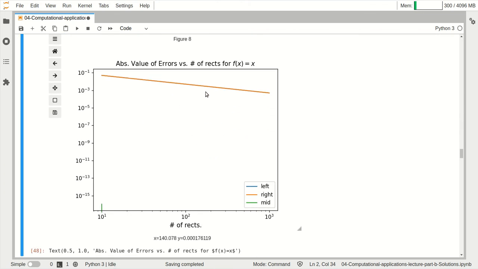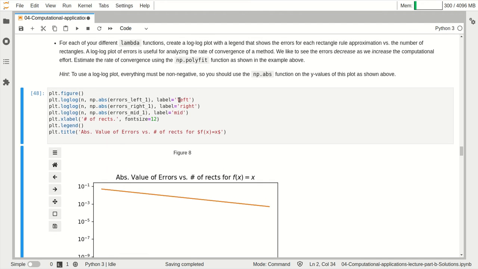Now, here's an interesting thing with f of x equals x. The left and the right-hand rule, you can't really tell the difference of. Part of this is because we're plotting all the same lines, and they have the same level of accuracy for f of x equals x. In fact, they just are producing the same magnitude of error, just one's an under and one's an over estimate. And the way to fix this so you can see the differences is if I'm plotting